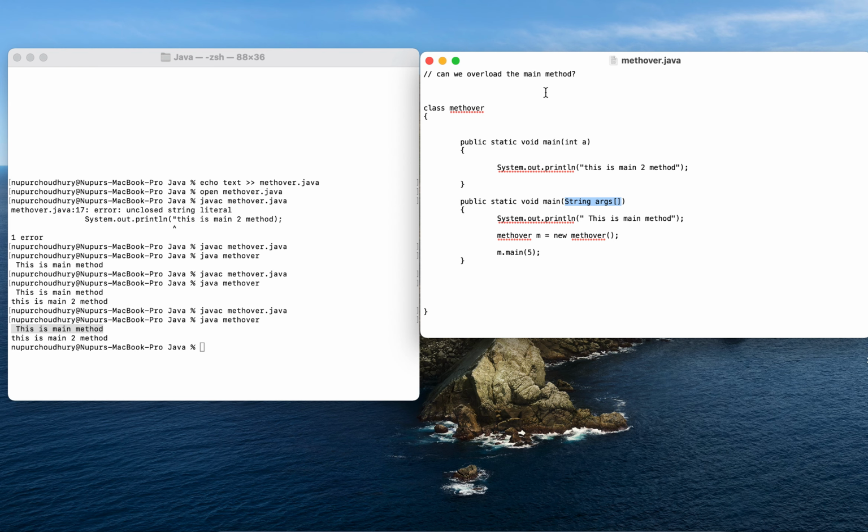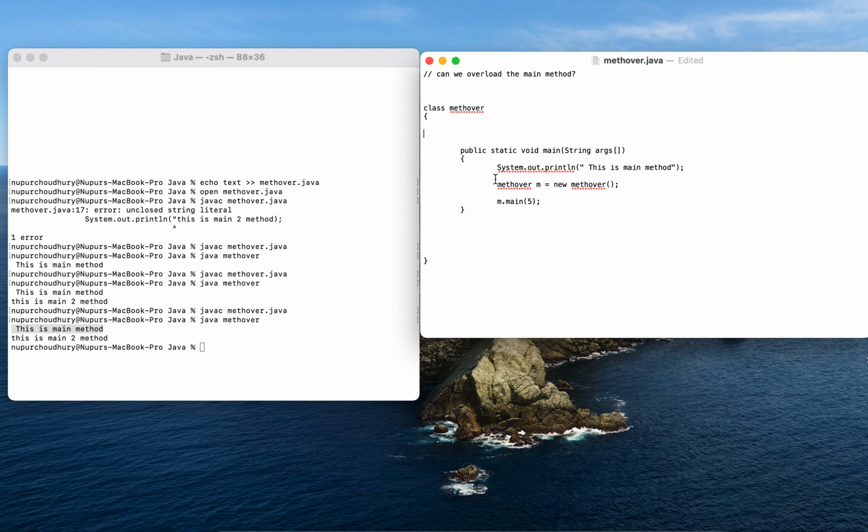The next thing that we will be discussing is, now first let me delete this other main method, and I will simply remove this call. Okay, now let me keep here two different methods.